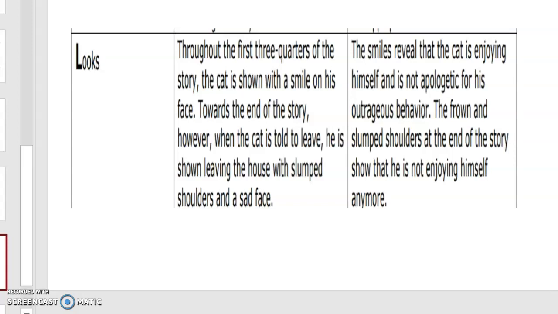The smile reveals that the cat is enjoying himself and is not apologetic for his outrageous behavior. The frown and slumped shoulders at the end of the story show that he is not enjoying himself. So through this SEAL method, we talked about different types of characterization, and we looked at how there's evidence to support the idea that the Cat in the Hat just likes to have fun. He's a fun guy, okay? So we need to come up with a character word that shows that he is a fun character,